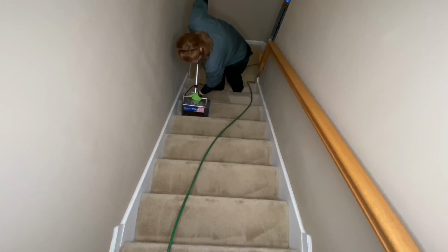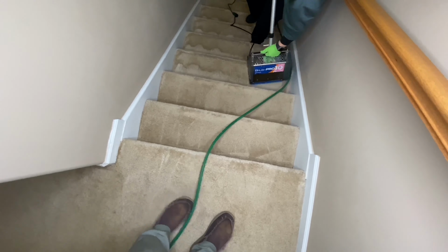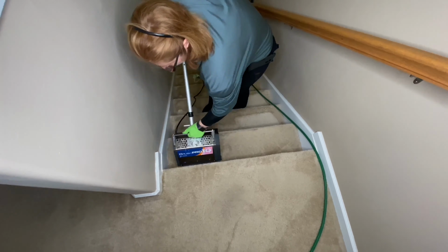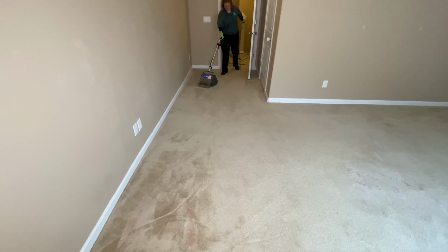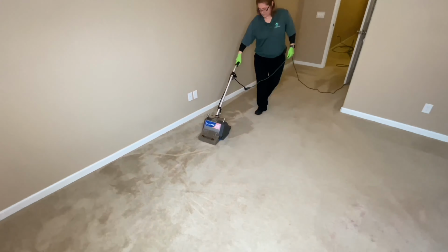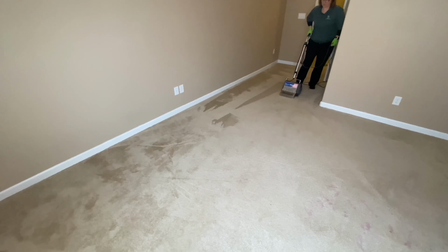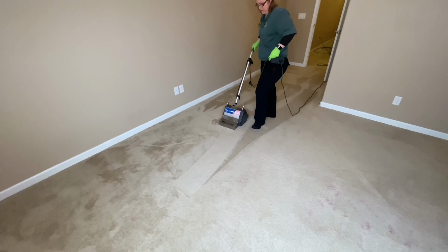We did take the time to go a lot heavier on the spots or stains. Ended up being stains, of course. And this is Suni using the 10-inch counter-rotating brush machine to agitate the carpet on the stairs. After she got done doing that, you can tell she put the renovator trays on the CRB, and there she's doing her patented swivel pivot move, where she is able to get the agitation from a